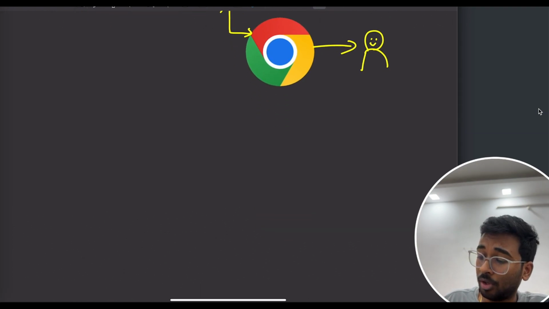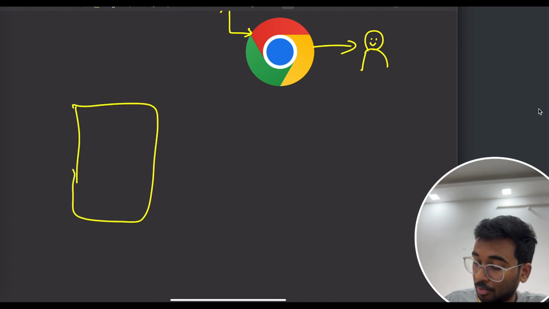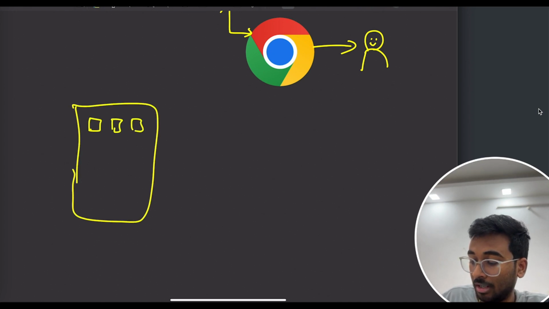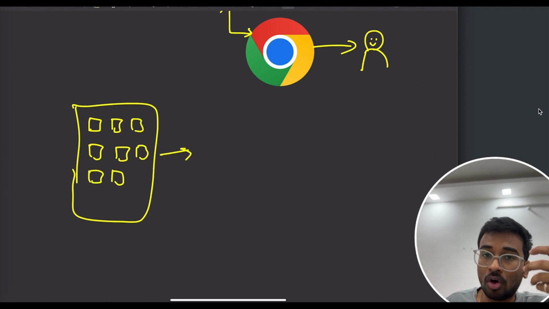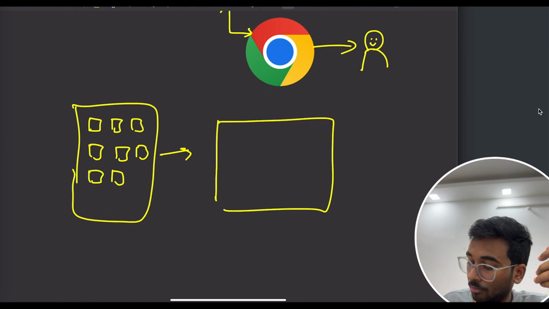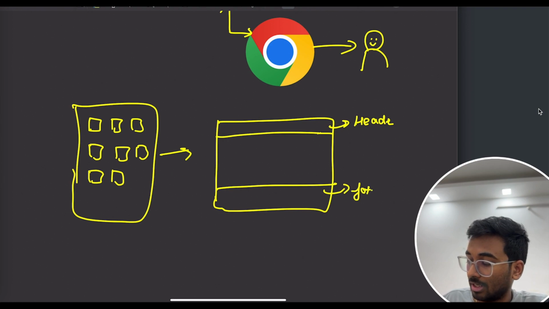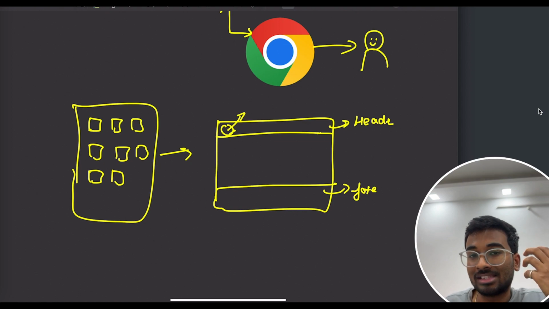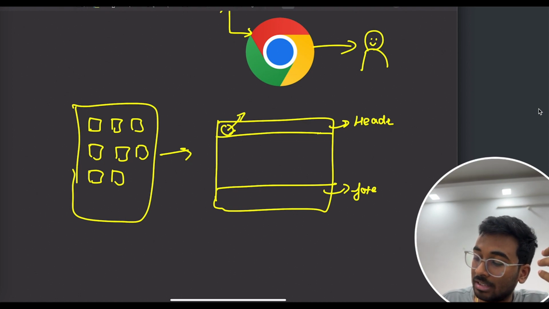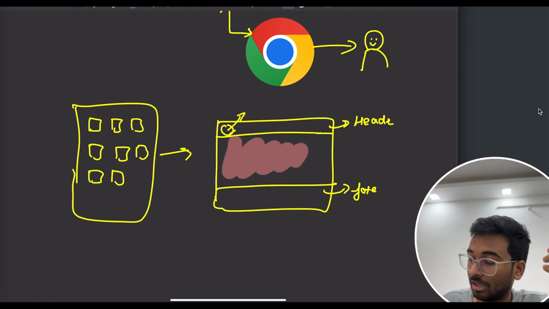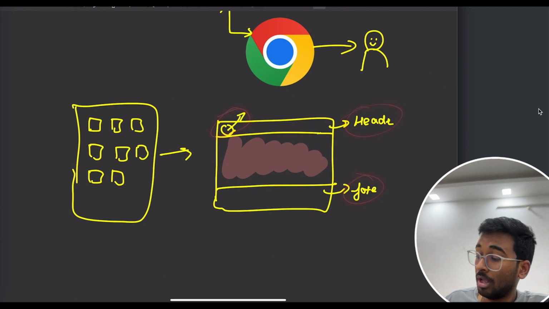What happens if we want to create a big website, right? Let's suppose we have a big website with a lot of pages, and a lot of pages are having a lot of common data also, right? Let's suppose we are making an e-commerce website. On the e-commerce website, we have static components, right? We have headers, we have footers, and then we might have some common logo or something, right? So these components are very static, and the only thing that we are changing is the content in between, right? And the rest of all the things, whether it's header or footer or logo, it's all